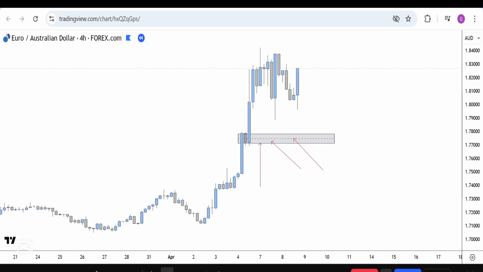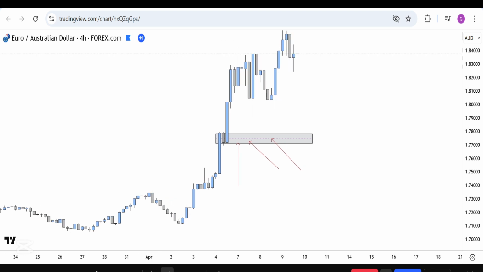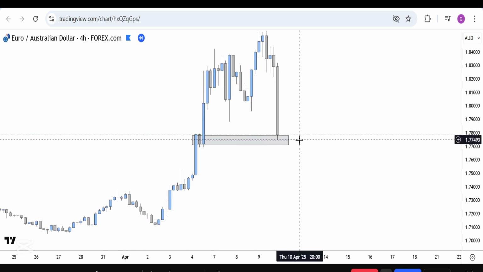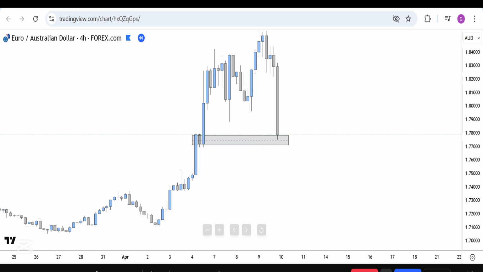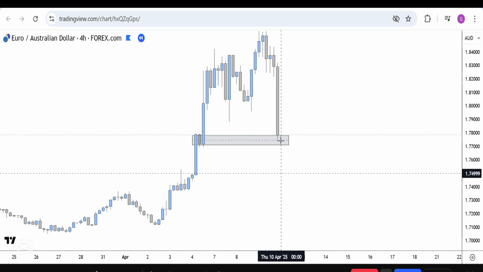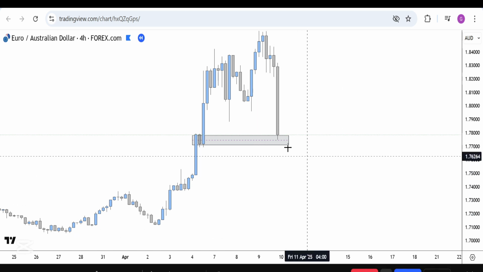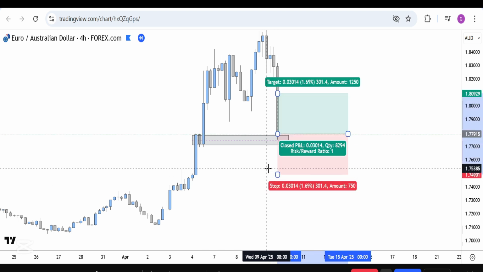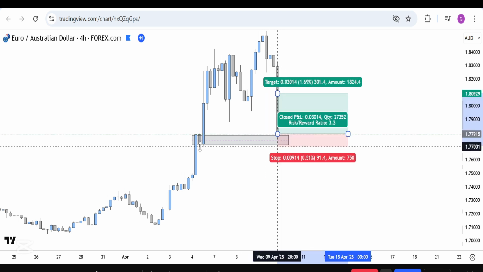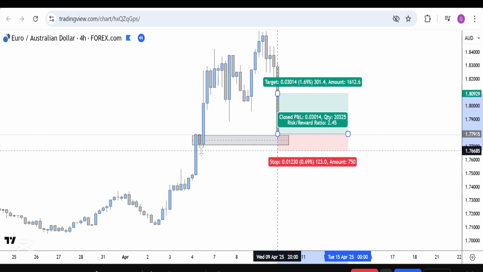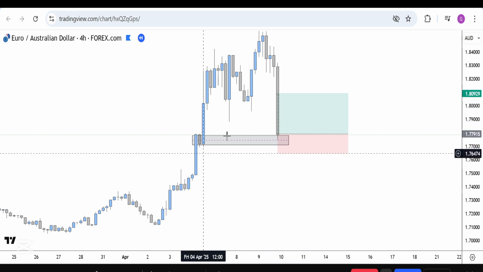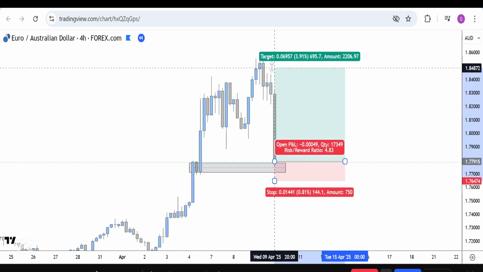Price took a while before returning to the same area, but that brings in the aspect of both patience and discipline that are demanded in the trade of currencies, especially when it comes to swing trading. So right here, price retraced and tested this area of demand that we had been waiting for, and so our trade was taken from the touch of this demand area, and the stop loss was slightly below, just about a pip or two below this demand area right here, and our target was way up here,